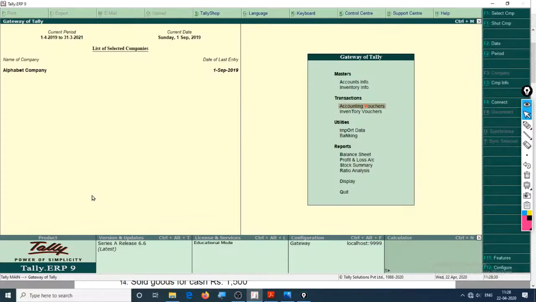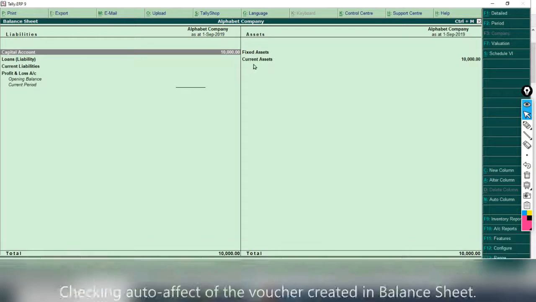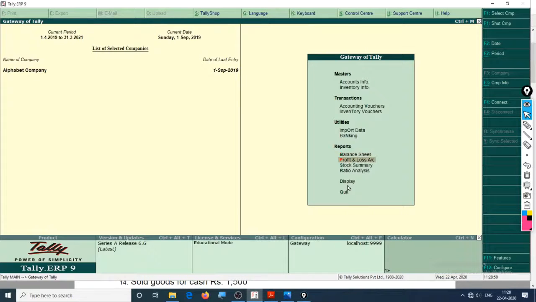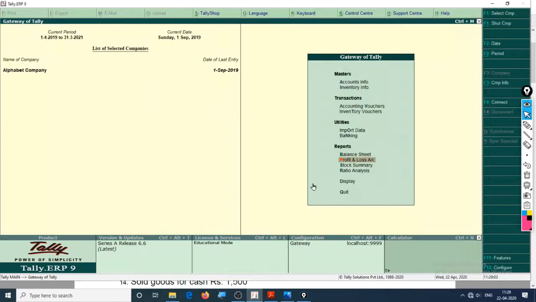Now let's check this entry out. You can either go on balance sheet to see this. As you can see right here, this balance sheet is already balanced because when the cash came in, this side increased, and the capital, which is liability of the business to another person for cash, it is also increased. Hence, this is balanced. Let us check out some another account. Profit and loss account. Okay, this is not affected because it is neither an expense nor an income.